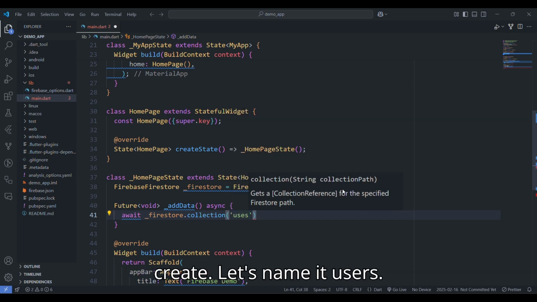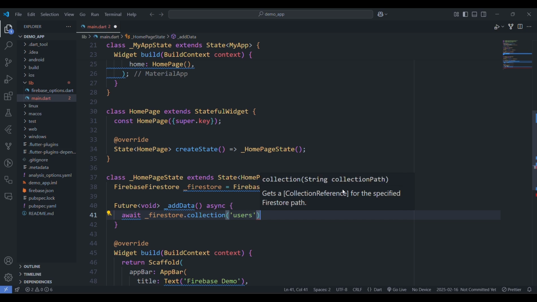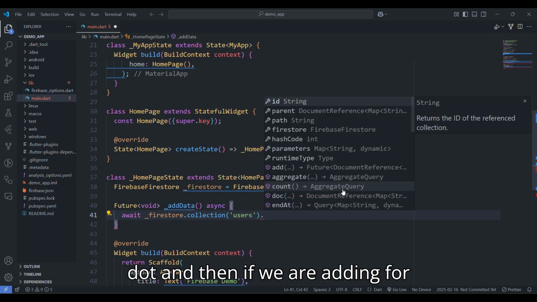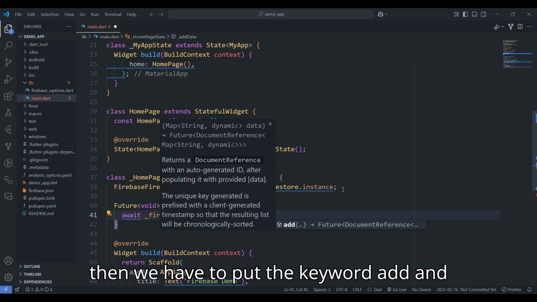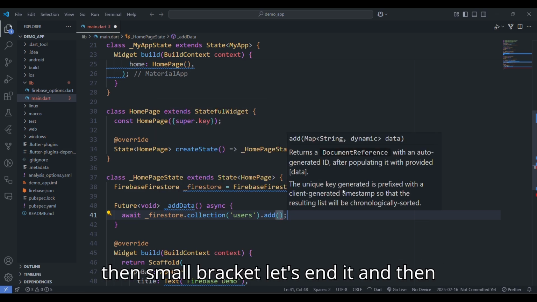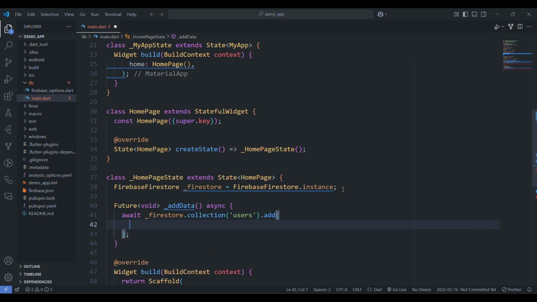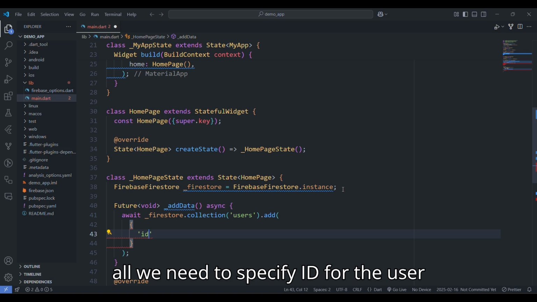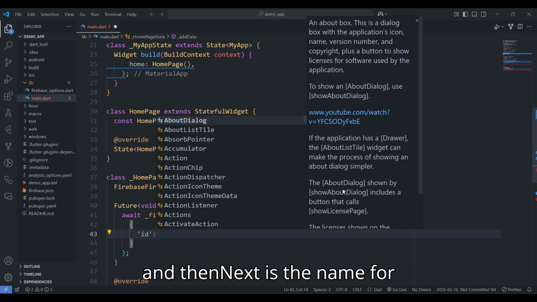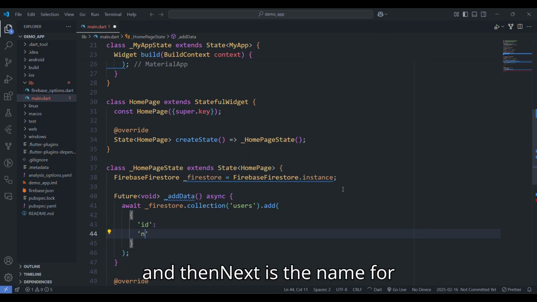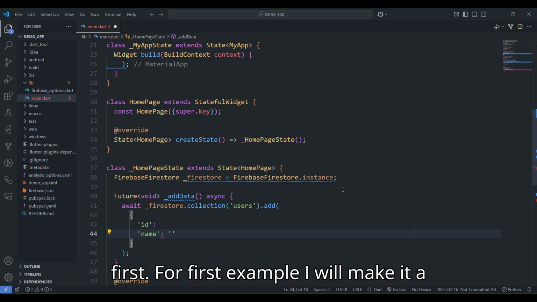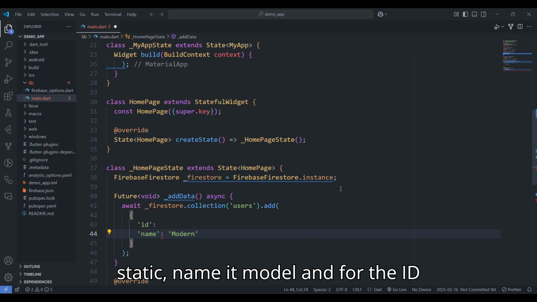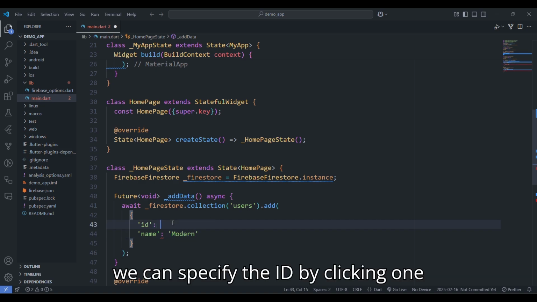Let's name it users, dot, and then if we are adding, we have to put the keyword add, and then small bracket, let's end it. And then what data we need to add, we need to specify in the curly bracket. So first of all, we need to specify id for the user, and then next is the name for the user. So the name will be, for first example, I will make it static, name it model, and for the id we can specify the id by clicking one,